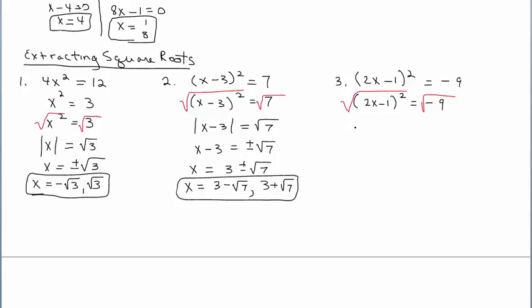Okay, square rooting a square results in us bringing out the absolute value of 2x minus 1, because it's an even power. If it was odd, I'd just bring out what I see. I wouldn't put it in absolute value. It's not odd. Okay, so I'm going to bring out the absolute value. Now I'm coming over here and I'm